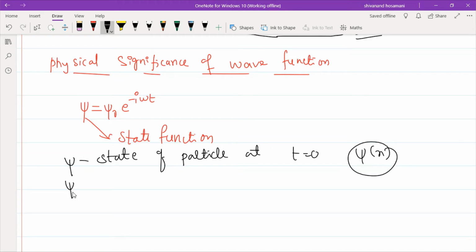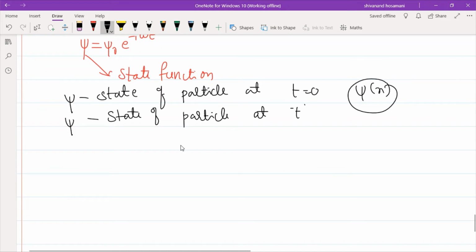Then this psi also tells about the state of the particle at time t, at a particular time after it starts to move. So at time t, what is its position, or what is its state? The information of that particular particle will be given by this state function, that is nothing but psi. So psi is also called a state function or wave function, and it is a very important property that it will give every piece of information about the particle, right?